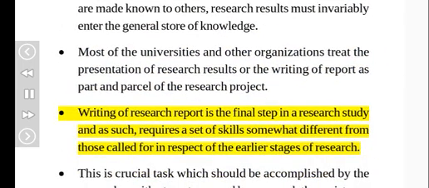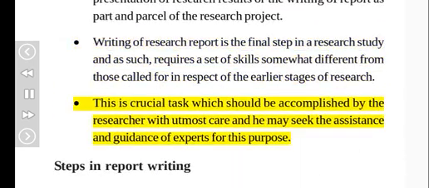Writing of research report is the final step in a research study and as such, requires a set of skills somewhat different from those called for in respect of the earlier stages of research. This is a crucial task which should be accomplished by the researcher with utmost care, and he may seek the assistance and guidance